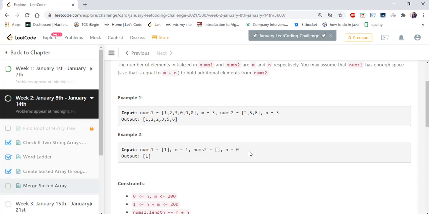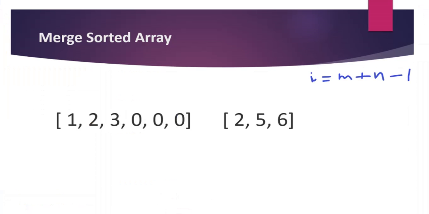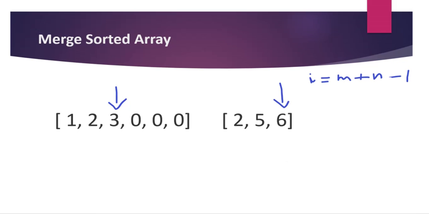Let's see our first example. Looking at our first example, we are given nums1 and nums2. Now we are going to use the two pointer method to iterate the arrays and change their positions. So the first pointer we're going to use is first, that is going to point at the mth position of array 1, and the second pointer is second, that is going to point at the nth position of array 2. So in our case, m is 3